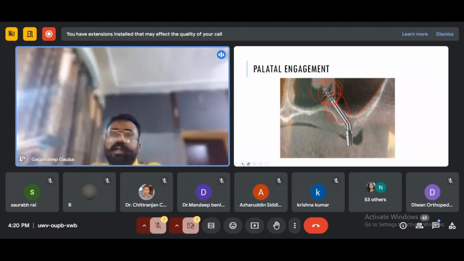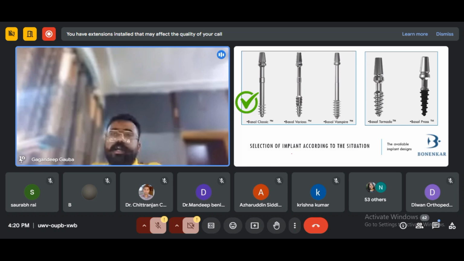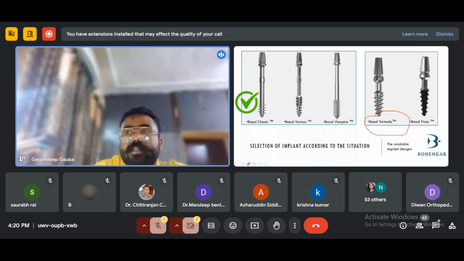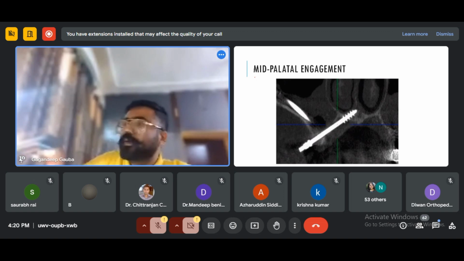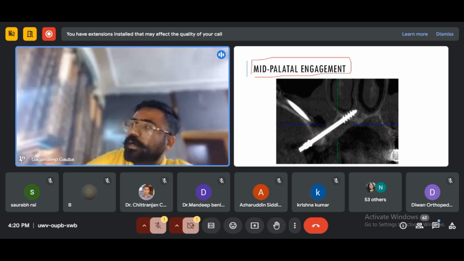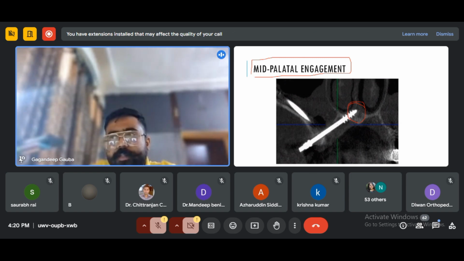So the choice of implant in such cases is a basal classic or a basal tornado implant. Okay, right, this was the slide. This is the mid palatal engagement. We were doing the implant on the first molar area and we were not able to have any bone in that region. So what we can do is engage this bone, the mid palatine bone, mid palatine raphe, going to the buccal side of the first molar. This is the mid palatal engagement,